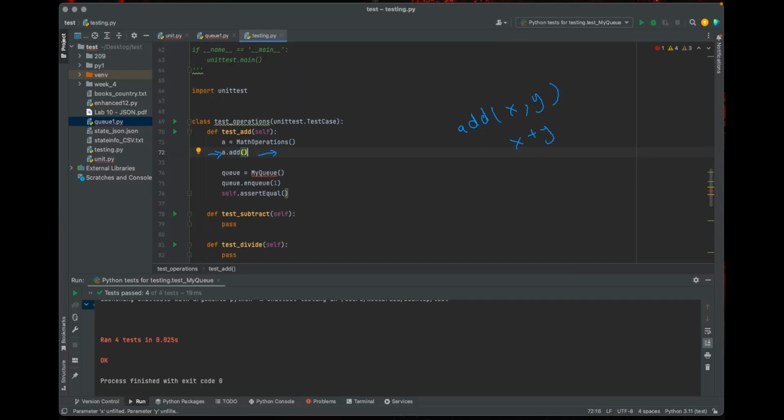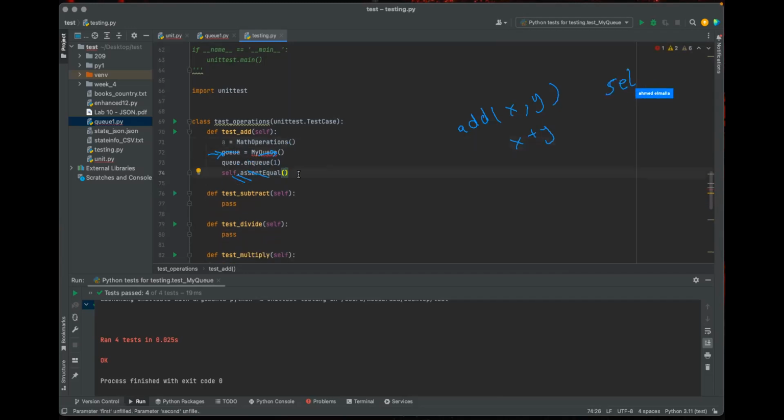What we need to do is remove that line and focus on the assert equal. Assert equal should take add, and we don't need to define it here because we're going to do it within the assert equals anyway. Exactly, yes. Previously with the queue, because you have something called self queue and a list there, you need to add to it. But in this case, there is nothing. Okay.